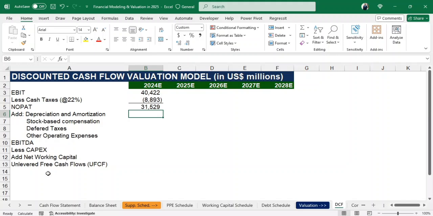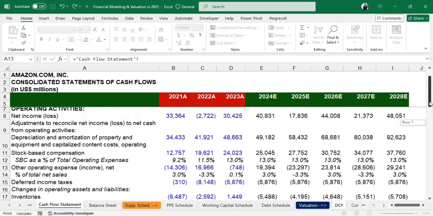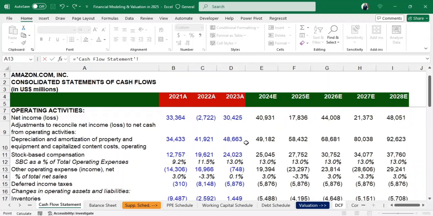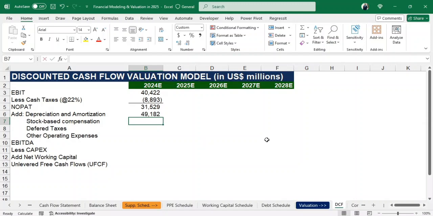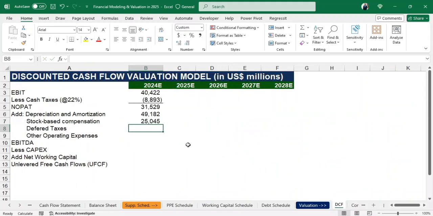The other items are all coming from the cash flow statement. So let's go and pick our depreciation and amortization amount from the cash flow statement. So I'll have equals, come to my cash flow statement and locate my depreciation and amortization amounts there, which is this right here. I'll enter, pick that of stock-based compensation and hit enter, pick that of my deferred taxes